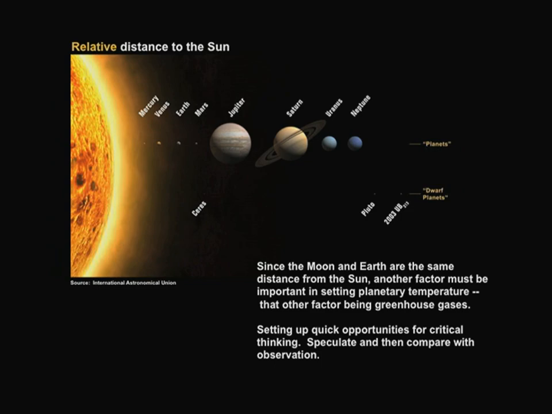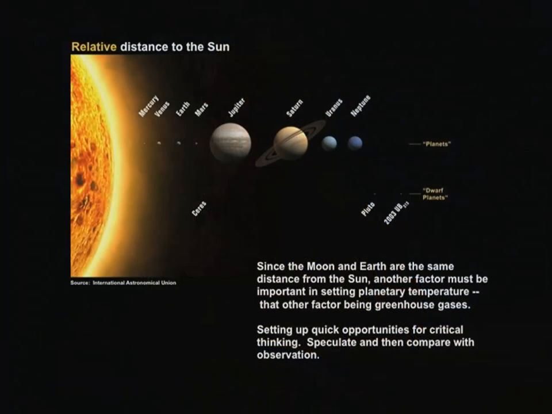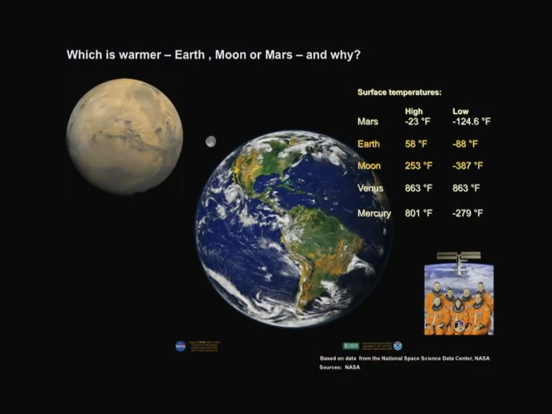So the Moon that we just saw and the Earth, are they at the same distance from the Sun? They're nearly at identical distances. So the thing is, if we look at the actual temperatures of these planets that we've now measured, we see that the temperatures are really different on Earth and the Moon. So I pulled this data from a NASA site and then used that other image as a basis of discussion, because the Earth and the Moon are at the same place, and yet it's an example of different temperatures. So distance isn't the only thing.